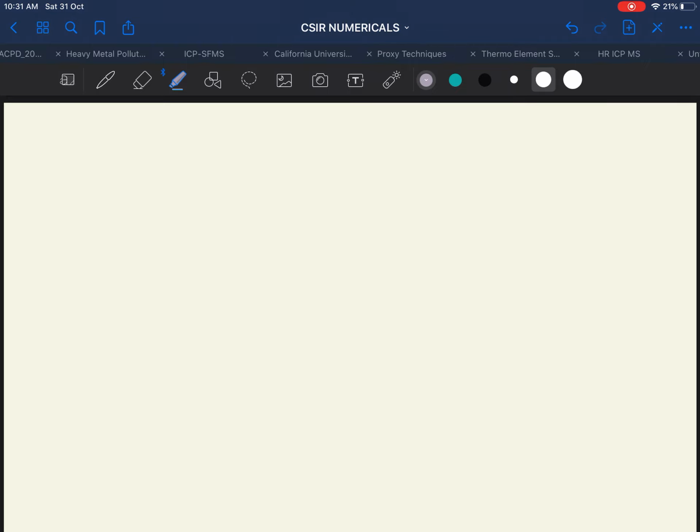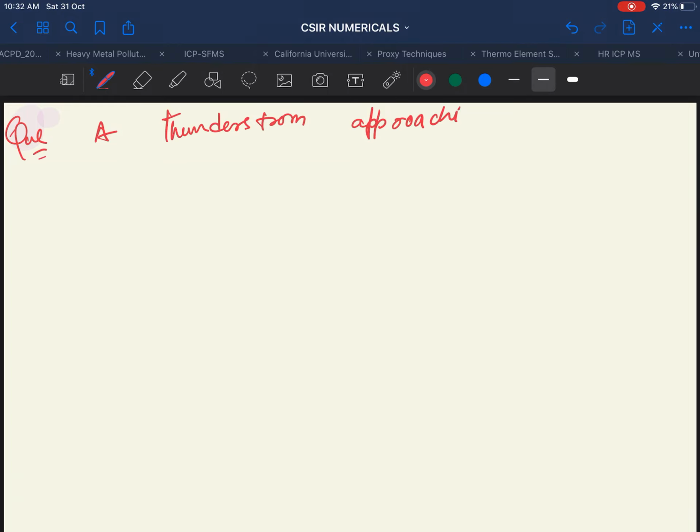Okay, now we have some other question. Before solving that, I want to solve one question from thunderstorm. So the question is, a thunderstorm approaching from the northwest